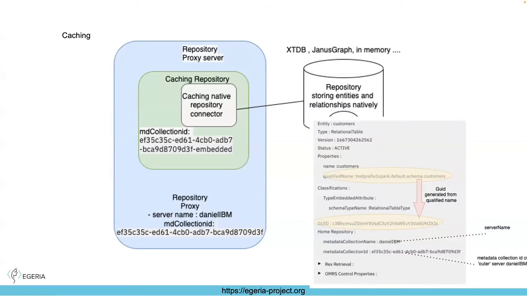And furthermore, one of the things that we have around Egeria entities, many of them, if you're a referenceable, which is a subset of our types, is that they have a qualified name. This is a readable, unique name that every referenceable should have. And entities like relational table, relational column and database are all referenceables. So they all need, as much as possible, a unique readable name.